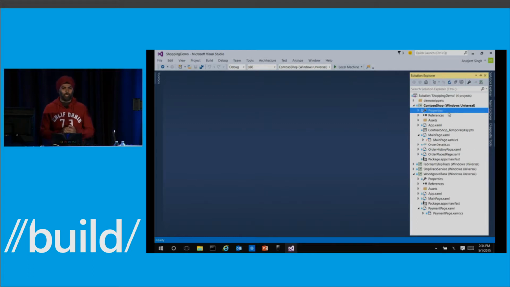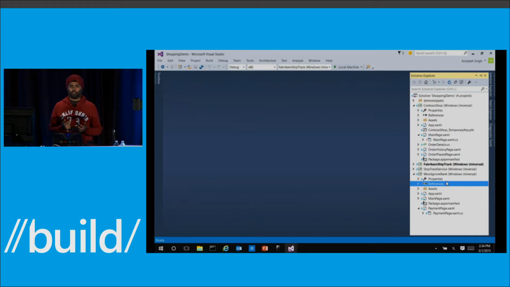What Contoso Shop does is that it provides the ability to see where your package is right within the Contoso Shop app, rather than having to go to the ShipTrack app or the ShipTrack website. ShipTrack is our shipper, by the way. Fabricam ShipTrack, to be exact.